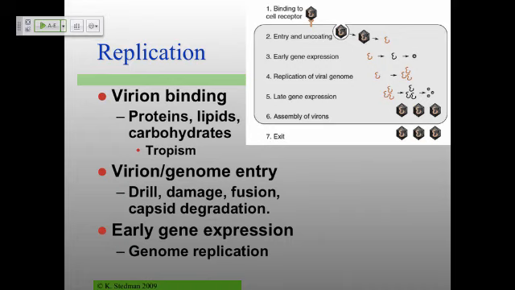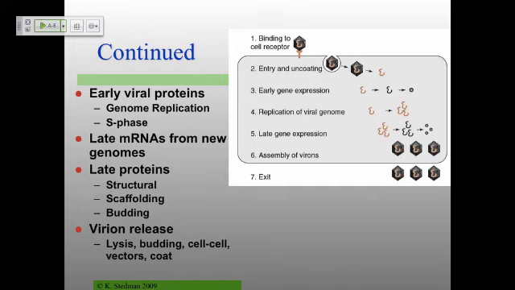Once you have released your genome inside the cell, then you start to make virus-specific proteins. Usually this is split up into early, sometimes middle, sometimes late, but there's always early and late gene expression that you have in different viruses. We'll talk about those in a lot more detail. Particularly the early genes are going to be involved in making more of the virus genome. These are, again, mostly involved in genome replication. We'll talk about S phase for those eukaryotic cells that are undergoing the cell cycle.